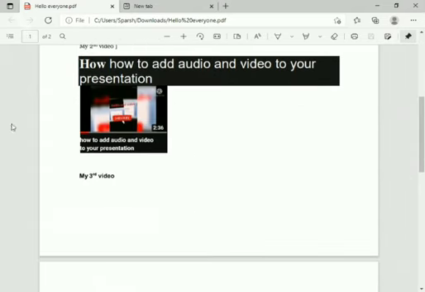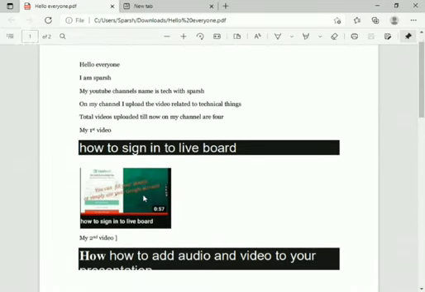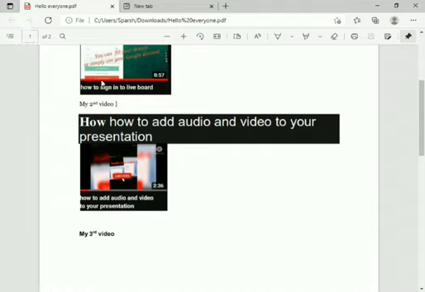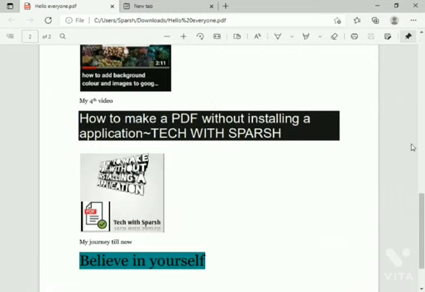As you can see, there is a bar over here. This bar is all about the actions you can take on this PDF to edit it. First of all, the sign is 1 of 2. The second number is the number of pages, and the first is which page is open. I'm on the first page, so it's showing 1 of 2, meaning there are 2 pages and we have opened the first page. When I go to the second one, it will show 2 of 2.